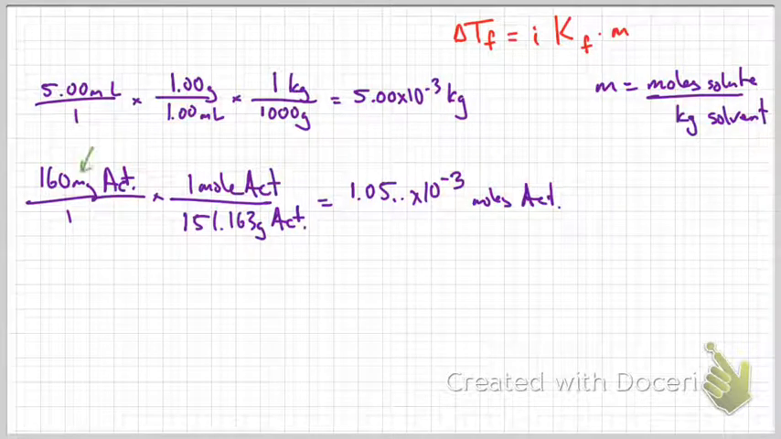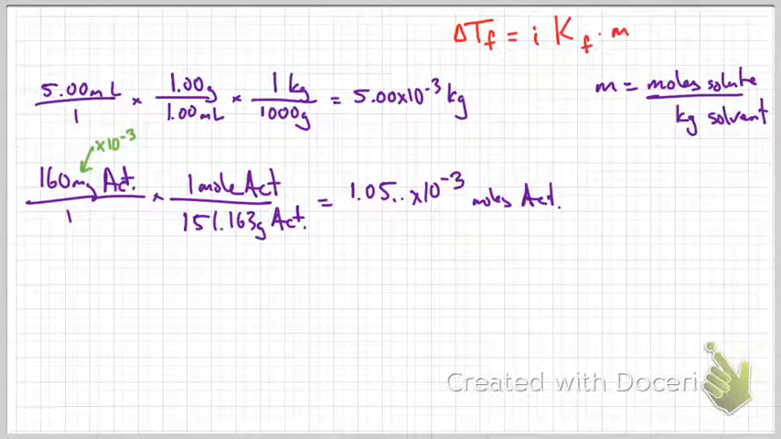What does milli mean? 1,000th, times 10 to the negative third. Milli is 10 to the negative third. So I could have written milli here, or I could have written times 10 to the negative third. Either one's fine. Or the way that you wrote it out, which was